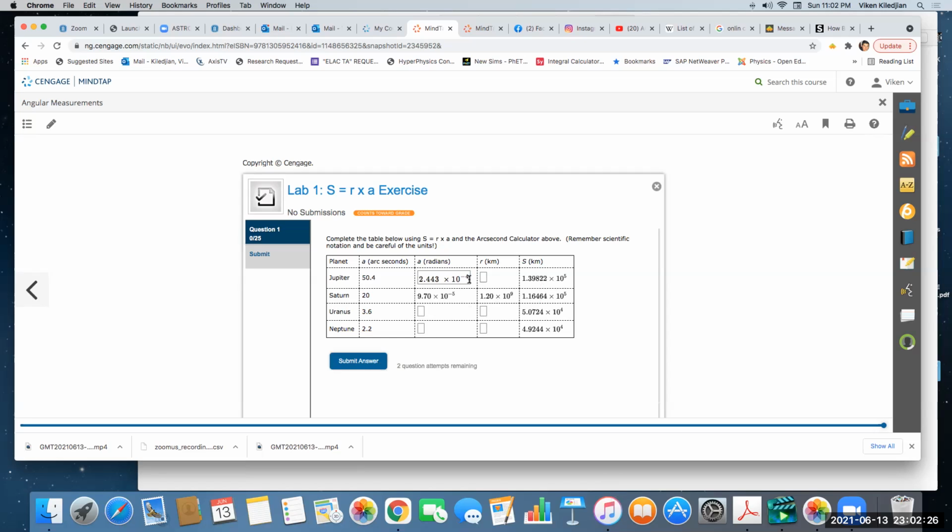Now for this one, they're choosing to give us the diameter of Jupiter. So they're asking us to calculate the R, right? So then we can do the work. How would we get this? If I want to get the R of the